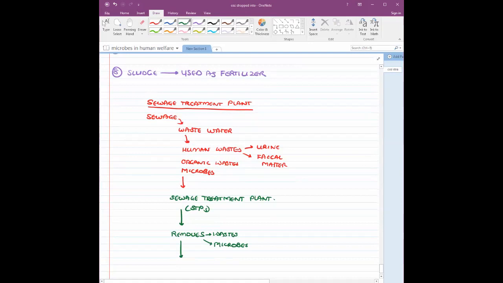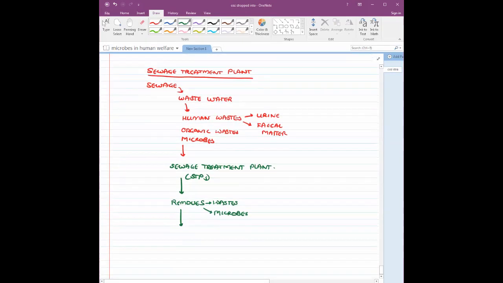Okay, and now when it removes the waste from the water, and removes microbes from the water, you are going to get your water. Now this is not going to be pure water, guys. This is going to be water which does not have microorganisms, does not have pollution as such. And this water can be now discarded. We call this your effluent, basically. And this can be easily discarded into your water bodies. Okay, without this treatment,